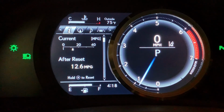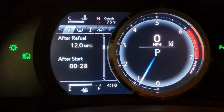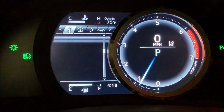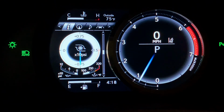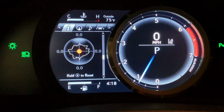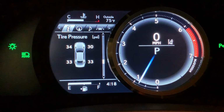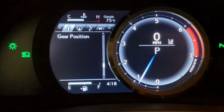You have 3 drive information screens that are customizable. I'll show you how to do that in our settings. Keep scrolling down for an eco indicator, a turbo monitor, a G-force monitor, your tire pressure monitor system, your gear position,